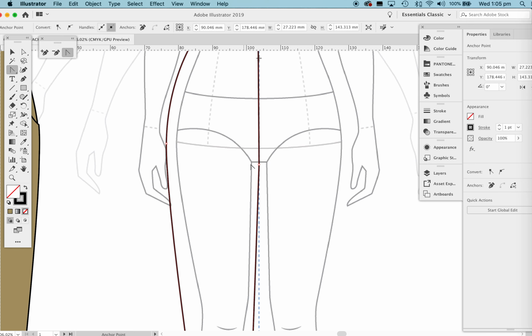This is the last curve that we're going to create, and I'm going to click and drag. Don't release your mouse. What I want to do here is make sure that you keep that inseam line away from, you don't want it cutting into the body, into the leg, because that would be disproportionate. So I want you to